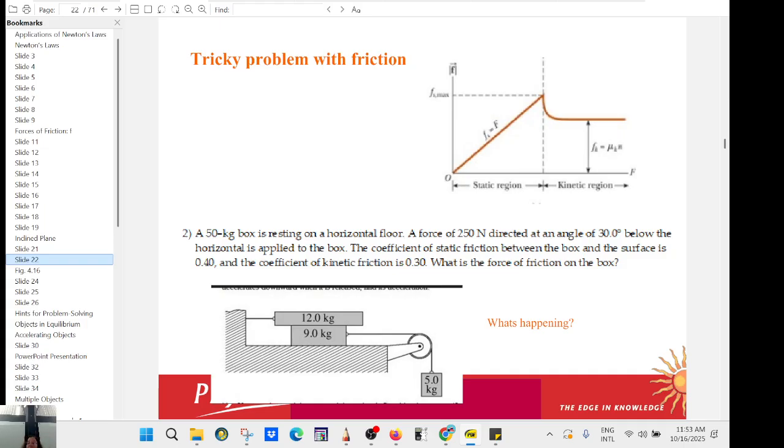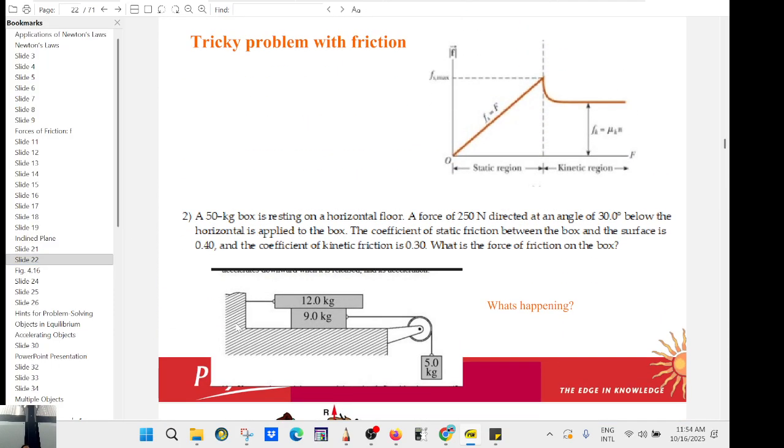Okay, we're gonna do a cool one. You have to buckle up. So you have this system here, and it's accelerating. There is no friction between this block and the table. There is no friction, but there is friction between these two. So you have friction between the 12 and the 9, and you don't have friction between the 9